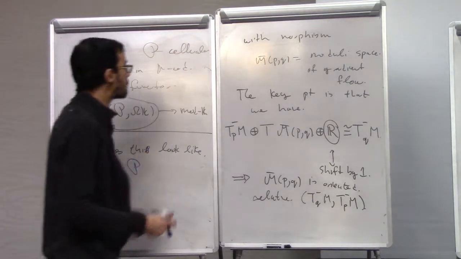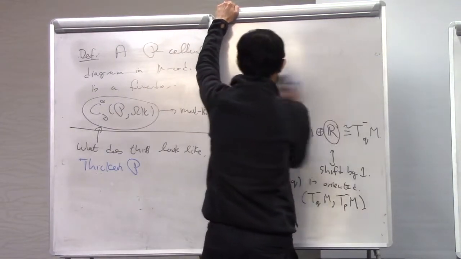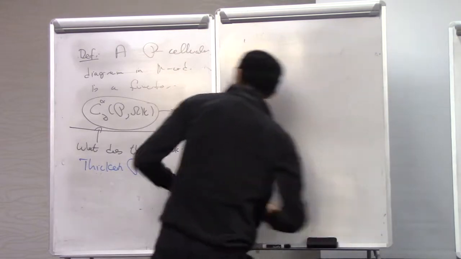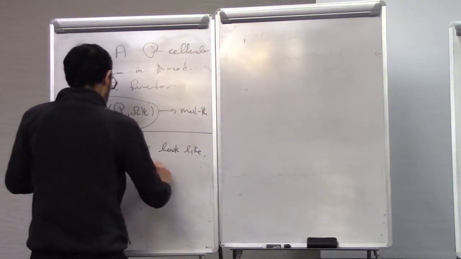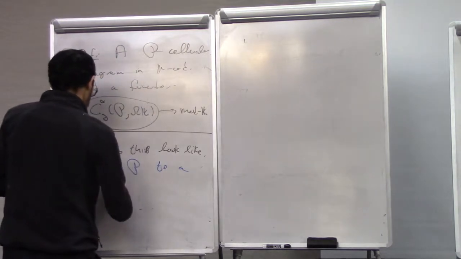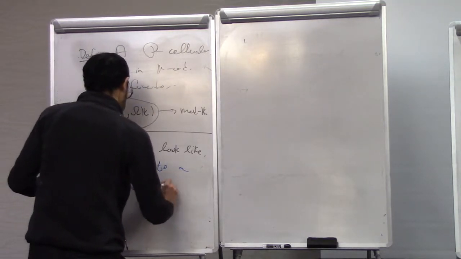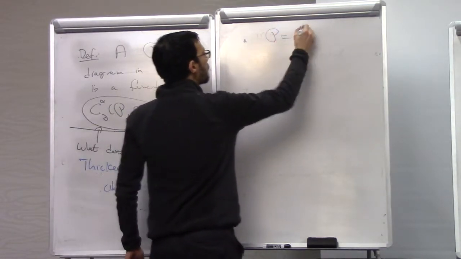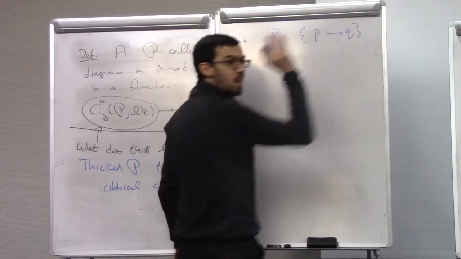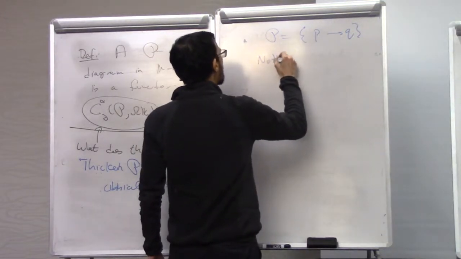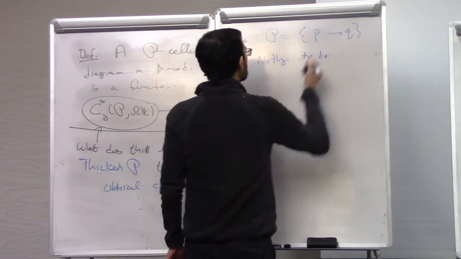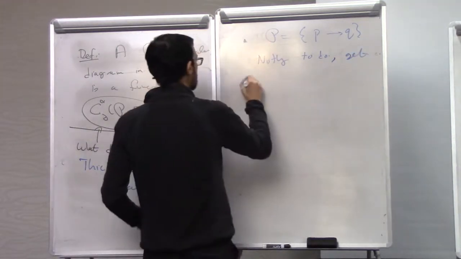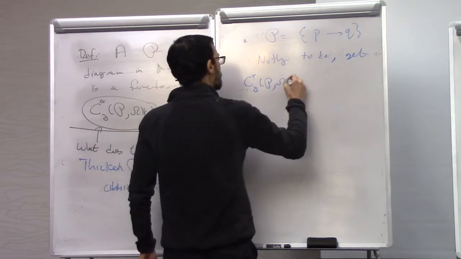Now I'm going to do some examples because this is getting a little bit crazy. The best way that I know to think about this is to thicken P to some kind of cubical complex. Okay, so let's do the toy case one. Let's say that P consists of only two objects, P less than Q, and there's nothing to do. So the chains relative to the boundary of P with coefficients in omega k